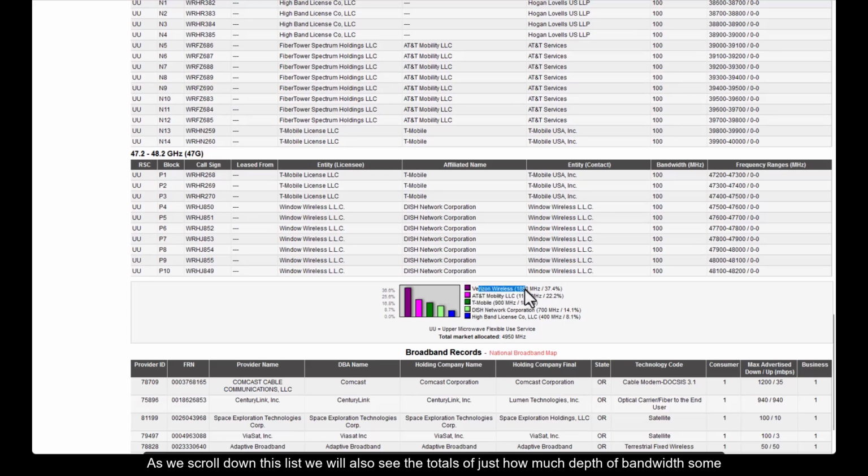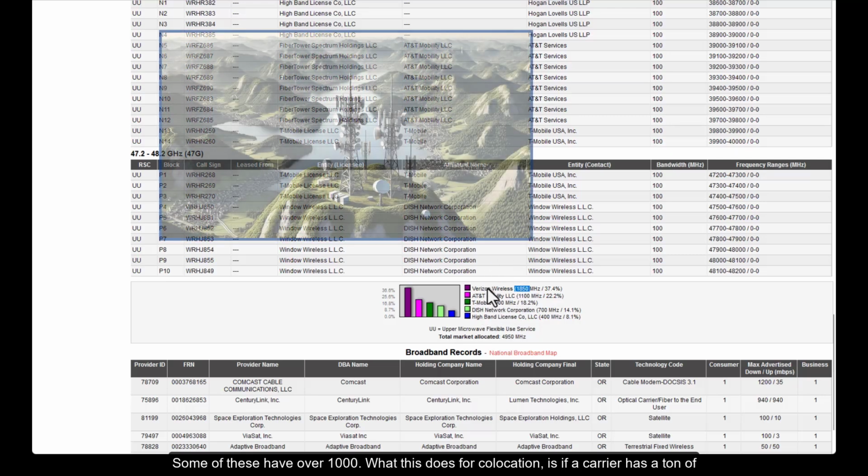As we scroll down this list, we will also see the totals of just how much depth of bandwidth some of these carriers have by looking in this little graph that summarizes it. Some of these have over 1,000. What this does for colocation